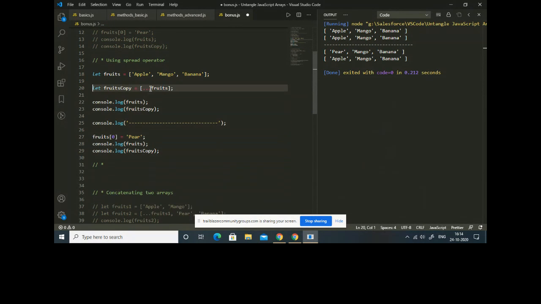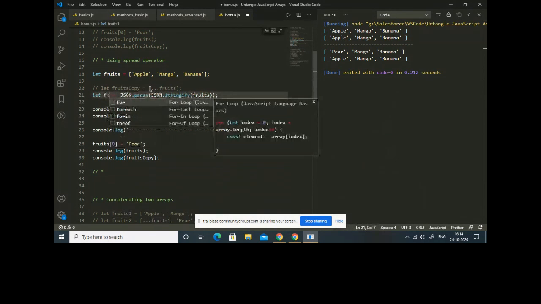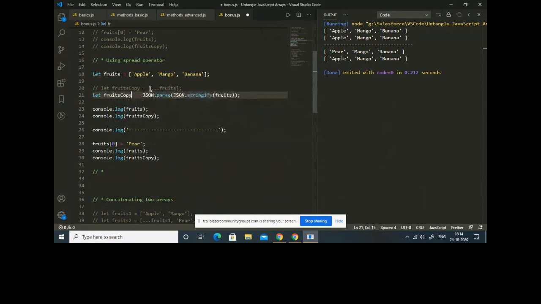So let's say I just replace this fruits copy, and instead of this, I'm using this, right? So I can use it like fruits copy. So this is again a new way to create a copy of the array, and it will work as well, right? But I would recommend you to use this syntax in case you have a very complex array, like you have arrays inside arrays,